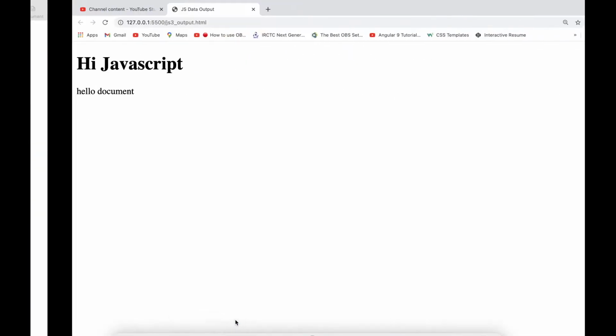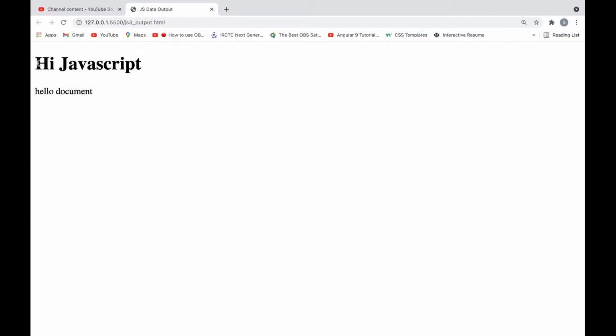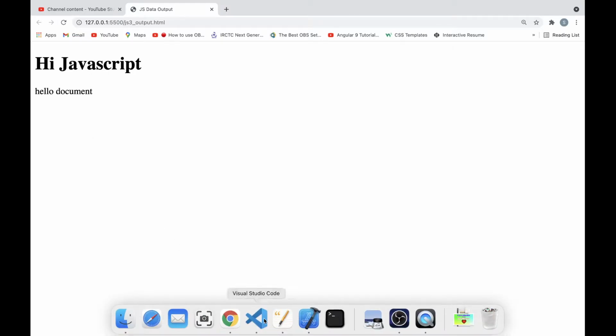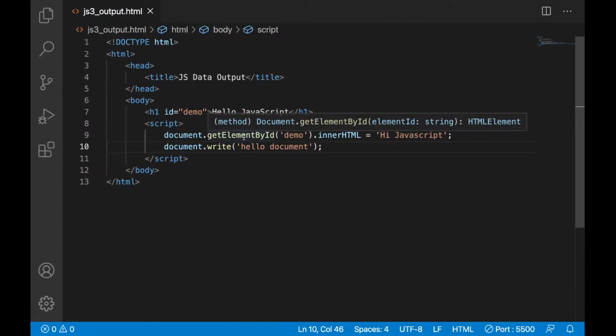Let's go to the browser. See, we already had an h1 element. Whatever we write with document.write is appended after all the existing content, at the end of the body.